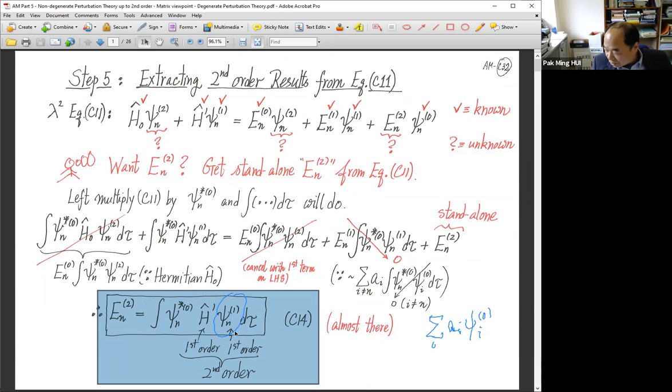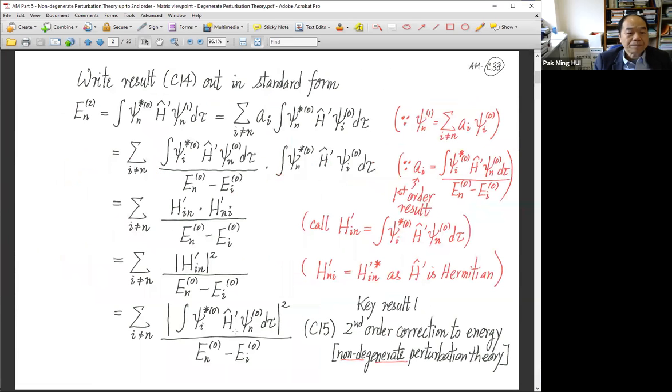Okay, so that is the strategy. So we copy the result through. This is formally the answer, okay? But now we would like to further express it in a standard form. This thing, we know how to expand it. We found all the coefficients. First order result, thereby we substitute this in,